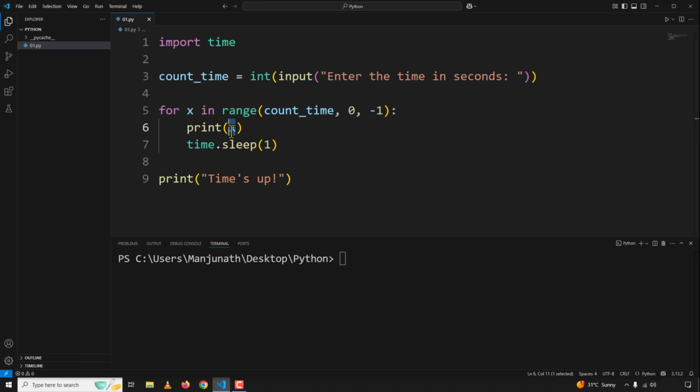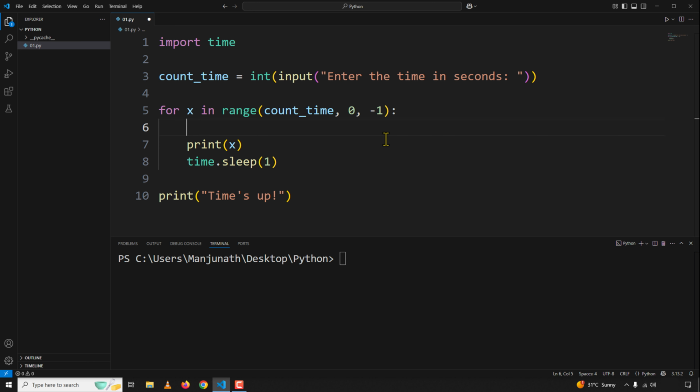All right, so what we will now do is write the logic to calculate seconds, hours and minutes. First, let us start with seconds. So I will say seconds is equal to x mod 60. This modulo operator gives us the remainder when x is divided by 60, and this gives us the current